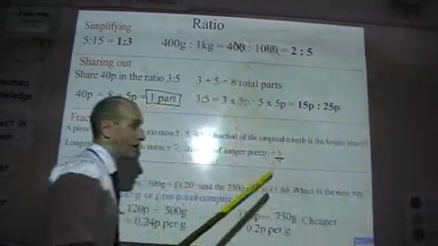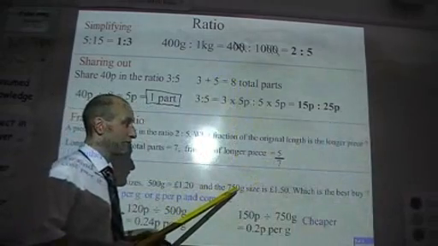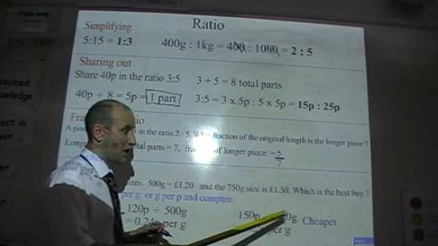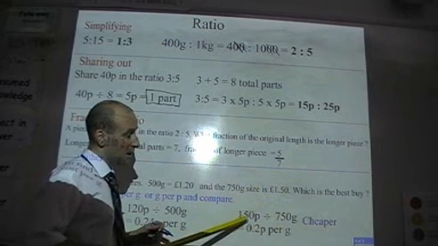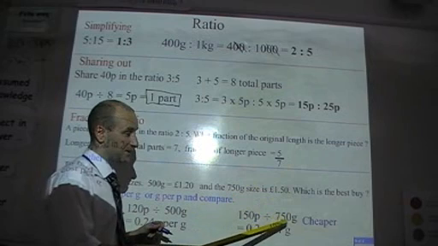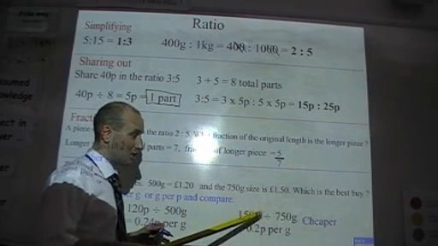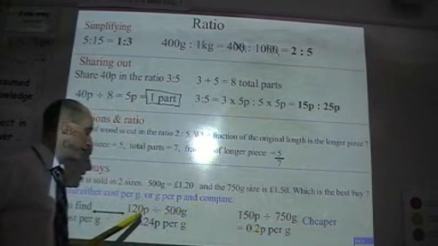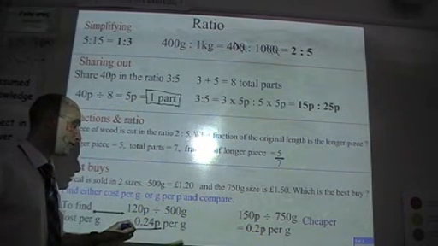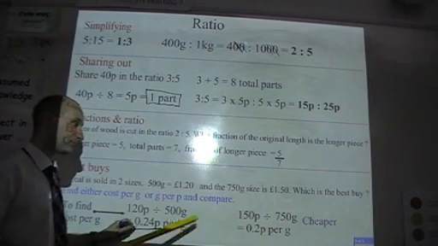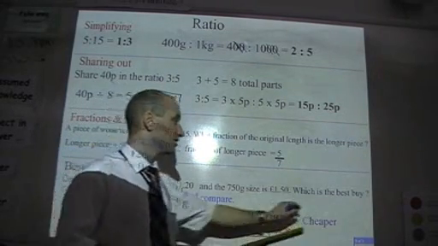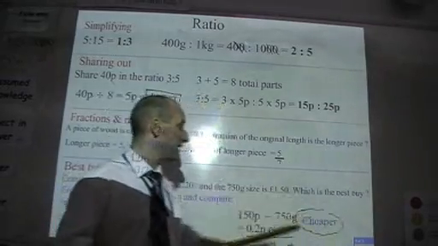For the second one, I have 750 grams costing £1.50. I'm finding the cost per gram. So 150p divided by 750 grams, the cost per gram is 0.2. So this one is 0.24 pence per gram. This one is 0.2 pence per gram. So this is cheaper because I'm paying less